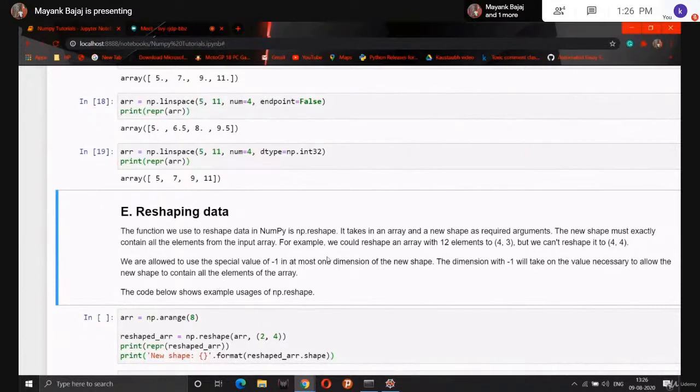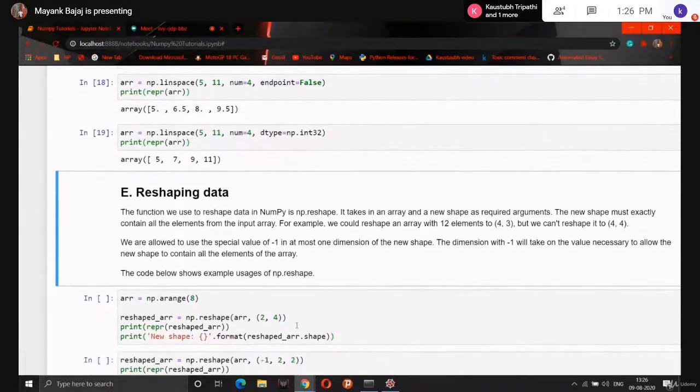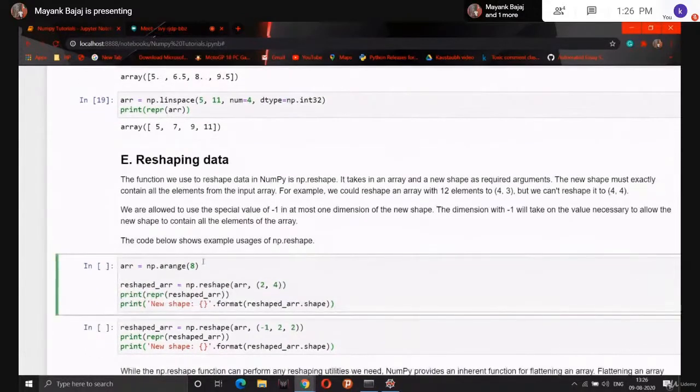So guys, for reshaping, we can reshape into any format. But guys, there is one restriction. I will tell you. But before this, NumPy has the np.reshape function. The np.reshape function will reshape our original array. Here you can see that we are creating an array using np.arange(8). Can anyone tell me what will be the return value? What value will we get from np.arange(8)? Guys, tell me in the chat section.